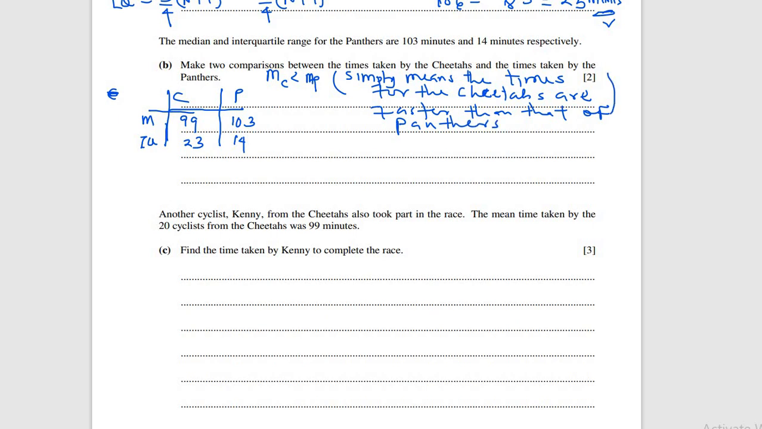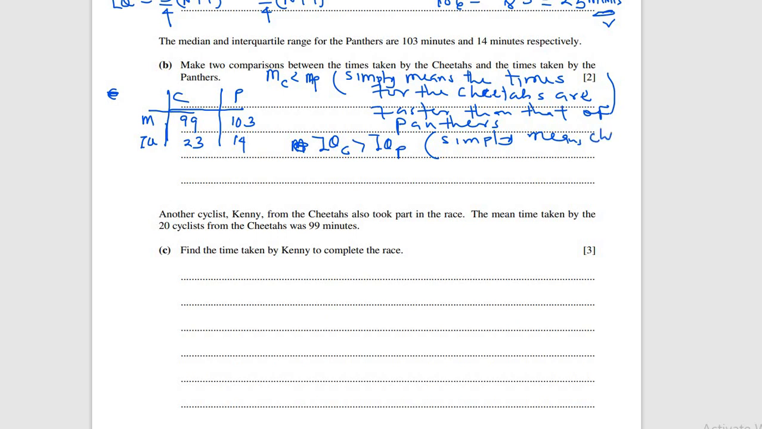At the same time, when you check this, you see that the interquartile range of the cheetah is greater than the interquartile range of the panther. The interquartile range is about spread. This simply means